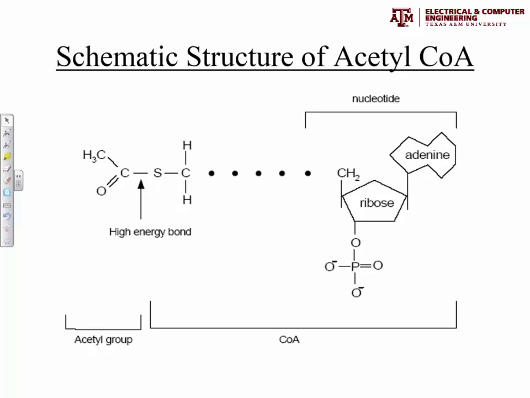Let's again look at the picture. What you have to the left of this arrow, that is the acetyl group. CH3COOH is acetic acid. That's the acid you find in vinegar. You take hydrogen away from that, you get the acetyl group. The molecule that you have on the right,